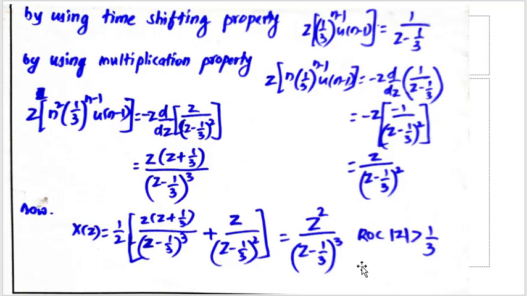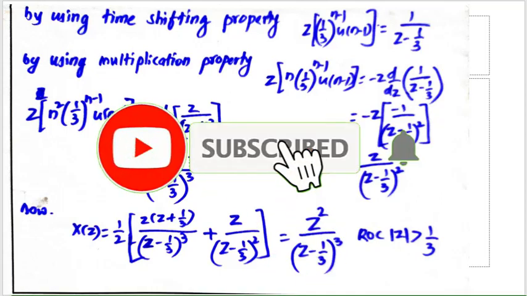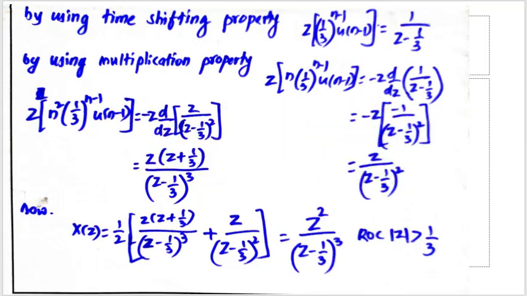Okay, and if there is a possibility of MCQ questions for you also, you need to highlight these very basic things by looking at the question: how we can identify the right hand sequence, left hand sequence, what the initial value will be, what the final value will be. If you know and understand these things, then it will be very easy for you to write MCQ type questions on signals and systems.